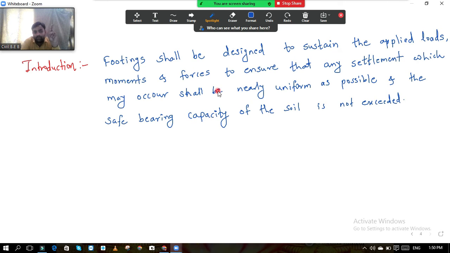Second, the depth evaluation by one way shear. Depth is evaluated by one way shear. And third, once the bending moment is calculated, we will take the check for depth. So out of these three, where we get the maximum depth, that depth we will finalize for our foundation, that is the footing.